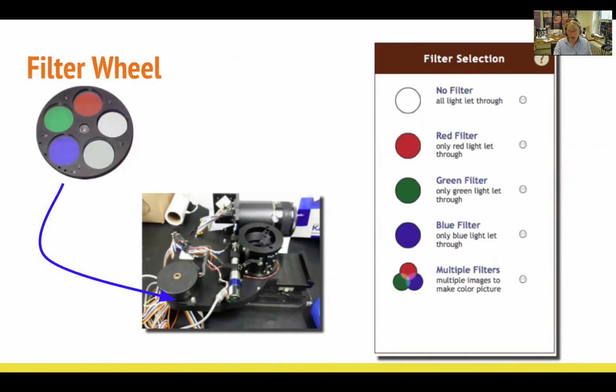This is actually the guts of the camera in Frank's lab, this photo here, inside the MicroObservatory. And before that digital detector, there's a wheel with colored pieces of glass. So you can choose to have no filter at all, have the clear filter, have all the light from the object in space hit the detector, or you can choose to only let red light through, only let green light through, and so on. And at next Friday's webinar, we'll actually be talking in more detail about that, how to use those colored filters for good effect. But that is a choice that you make in sending your